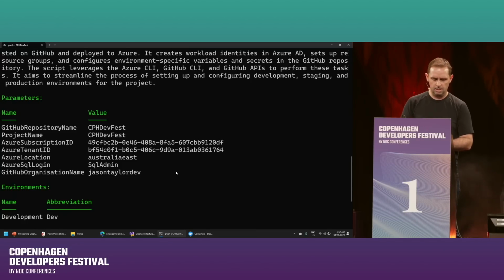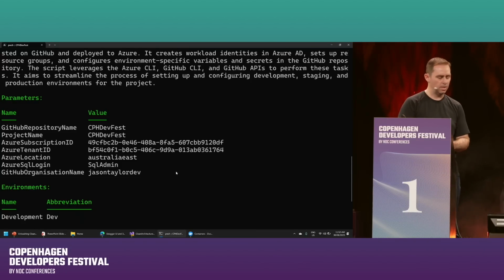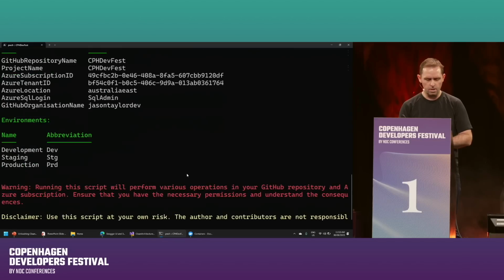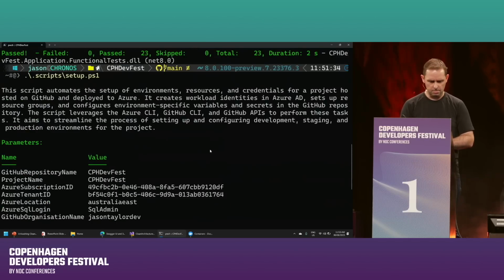I've got the tenant ID, the location. I default it to Australia East because that's where I am most of the time. I've got the default SQL login, SQL admin, and I've got my GitHub organization name. So all of these defaults have been collected, but of course you can pass them in as parameters as well. And it just gives us a list of the environments that we're going to create and the abbreviations that it's going to use. So if I say continue, then this script is going to go off and set up environments,